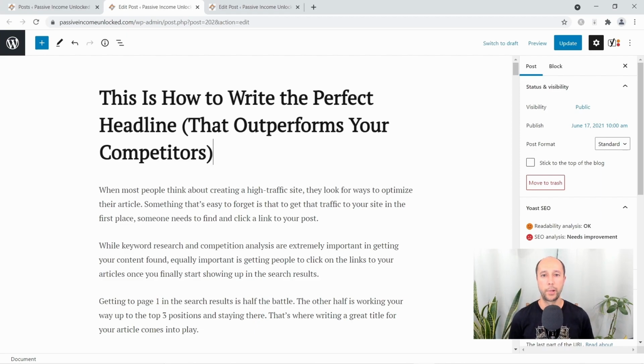Alright guys, so we're over on passiveincomeunlocked.com. We're in WordPress on the back end, and basically I have a couple of my posts open here. I'm just going to walk you through some examples, things that I've done to optimize these posts, give you some recommendations on things that I haven't done. I just want to point out that with passiveincomeunlocked.com, my goal isn't to rank organically in Google search, so I treat these posts a little bit differently than what I'm going to teach you. I'm more or less writing for the YouTube audience at this point in time because these terms are actually pretty competitive. But nonetheless, I'll show you what you should be doing on a niche site where you're going after less